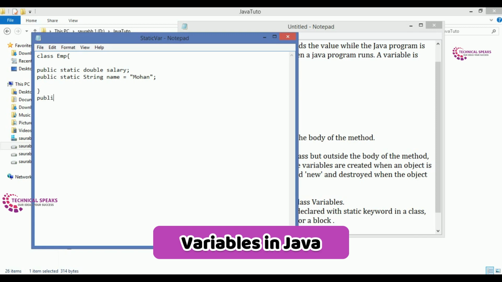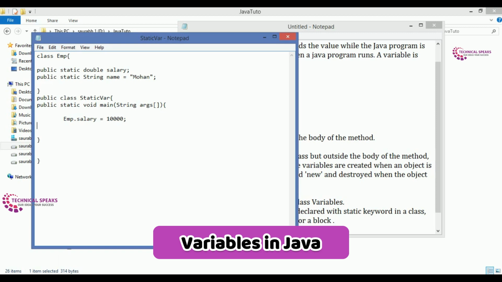So public class, I write name of the class as static var, and under the main class first we have to write the main method like public static void main, and under the bracket pass string args. Now what we have to do here is imp, which is the class name, okay, and dot salary, imp dot salary. Let's suppose I give the value 10,000.